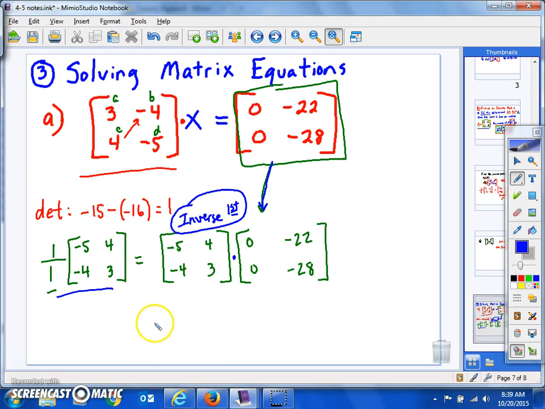Okay, well, we have a couple of 2 by 2 matrices, and this is now going to be a review of yesterday's lesson on how to multiply 2 matrices together. Remember, it's